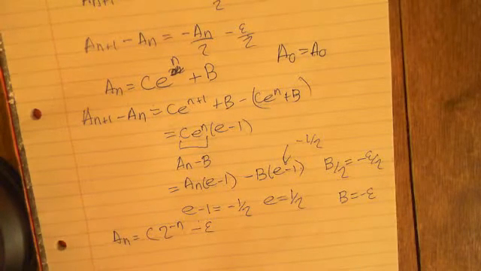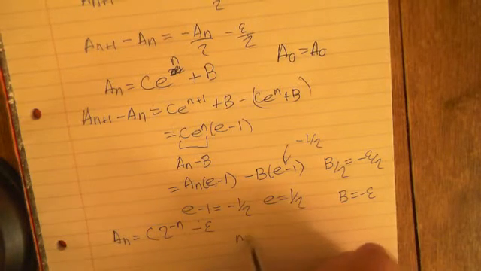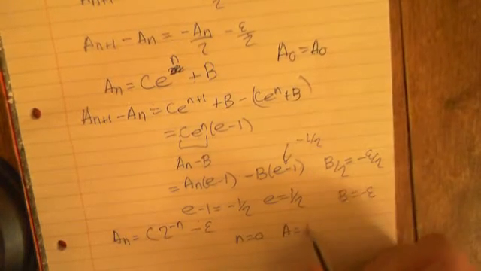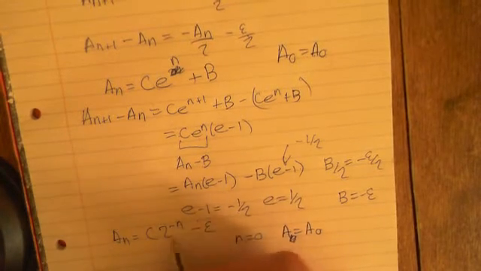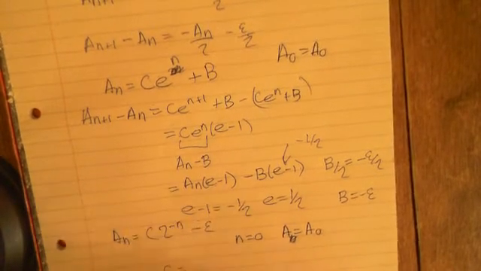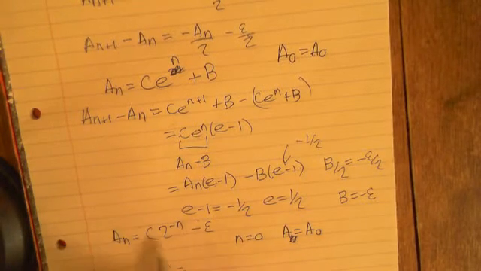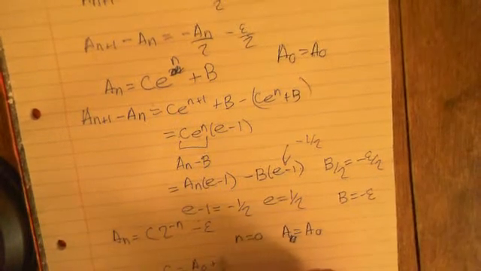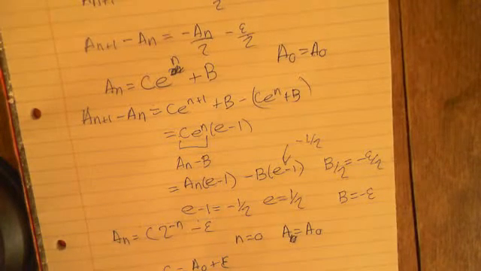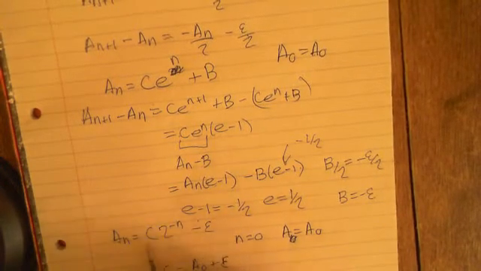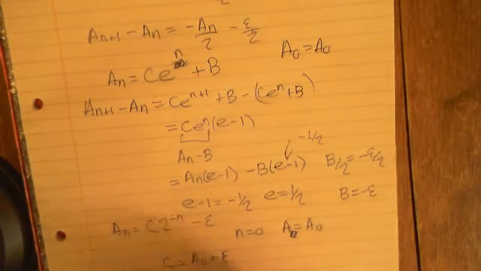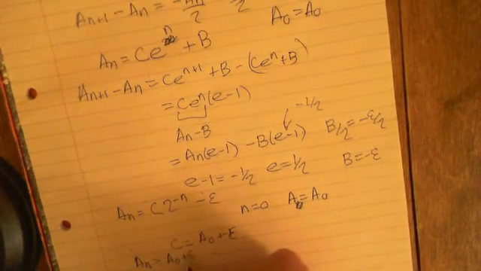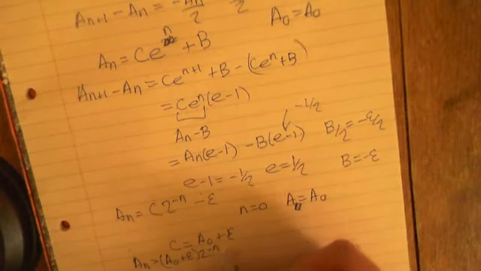Okay, there you go. So now what we know is that when n is equal to 0, a is equal to a0. The distance between them is equal to the initial distance. Okay, so n is equal to 0, this goes to 1, so c must equal a0 plus epsilon. Is that correct? So n is equal to 0, that gives that to 1. a_n is equal to a0. Yep. So we get our final expression that a_n is equal to (a0 plus epsilon) 2 to the negative n